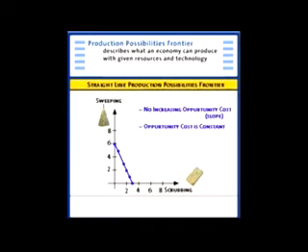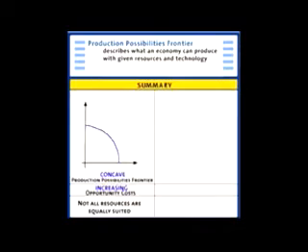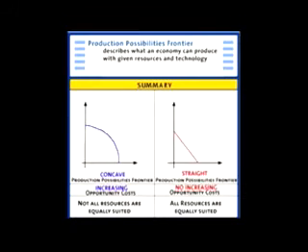This constant opportunity cost gives us a straight line production possibilities frontier. So, quick summary. A bowed outward, or concave, production possibilities frontier is for a case where the technology has increasing opportunity cost, and that's because not all resources are equally well suited to all uses. But a straight line production possibilities frontier is for a case where the opportunity cost is constant. And that will be the case when all resources are equally well suited to the production of either of the